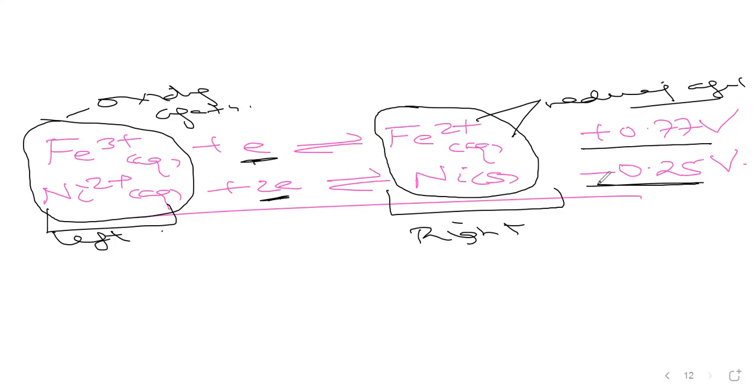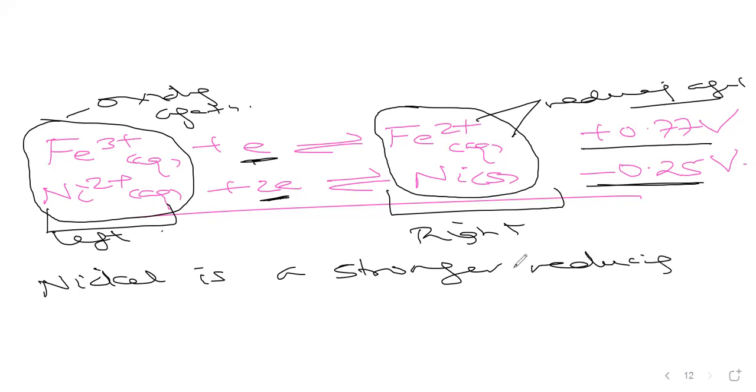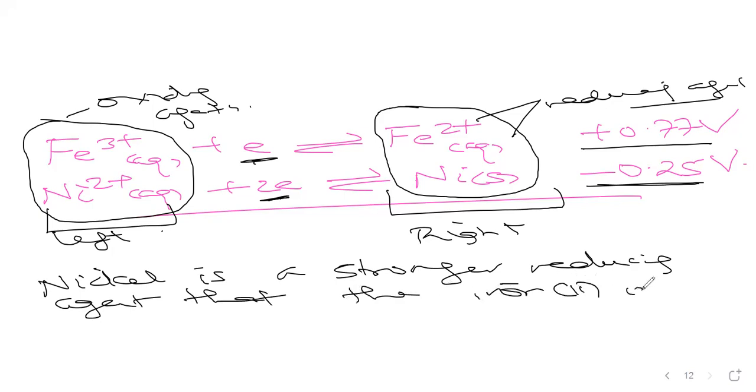Now that species on the right, the reaction with a more negative electrode potential is a stronger reducing agent than the species with a higher or less negative or more positive electrode potential. So this implies here that nickel is a stronger reducing agent